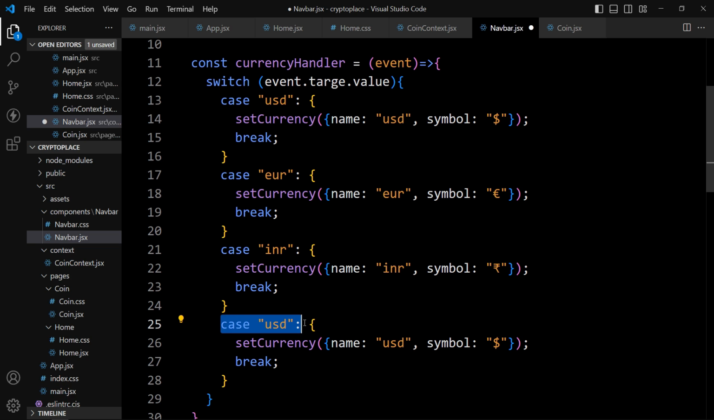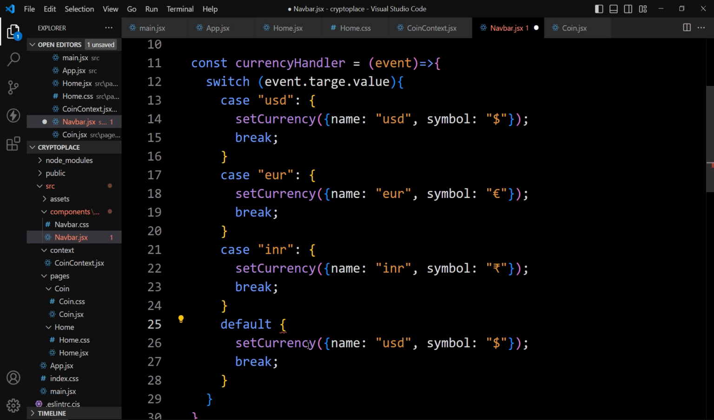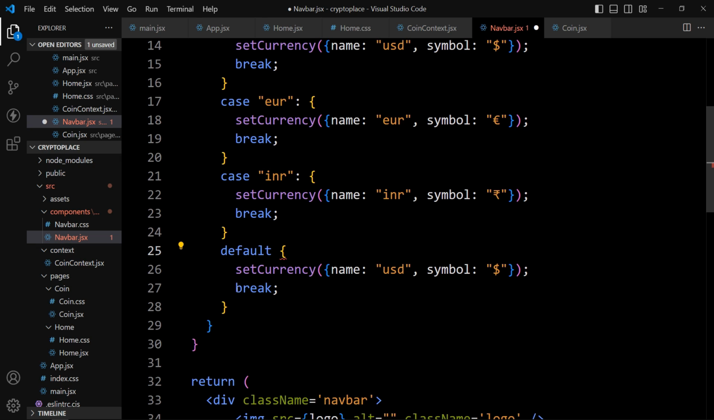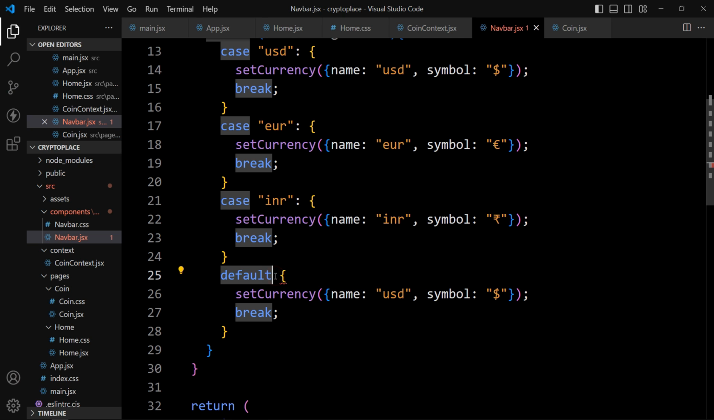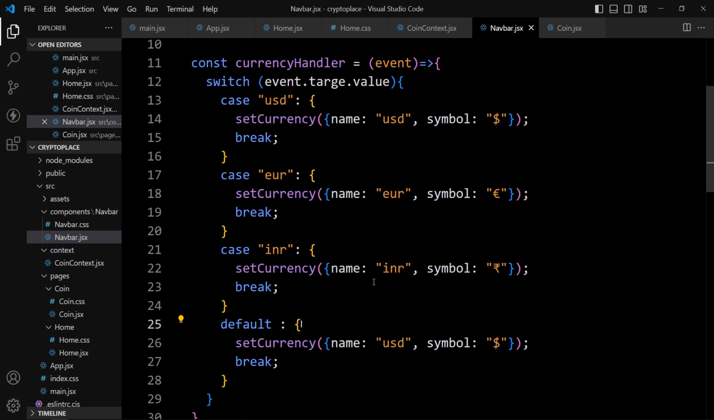Just add default, and in this one we will add this USD only. That's it. After this default, we have to provide colon. Now what will happen whenever we select the drop down and choose another currency, it will add another